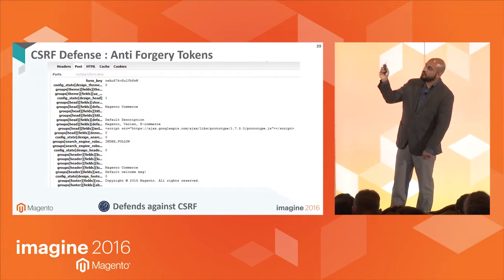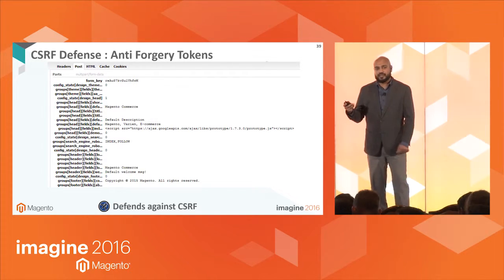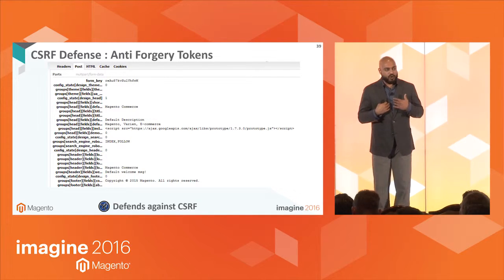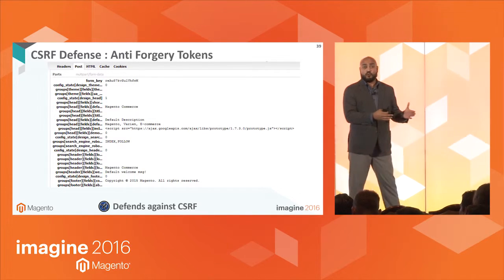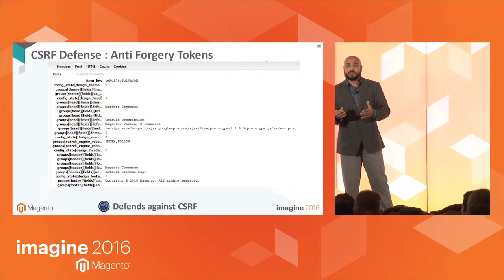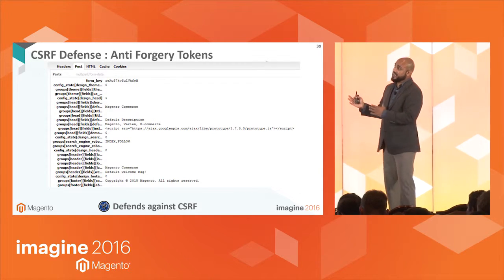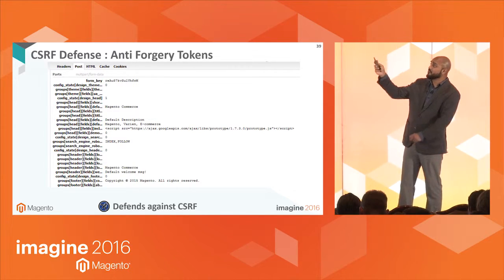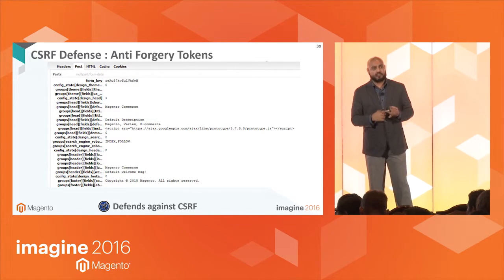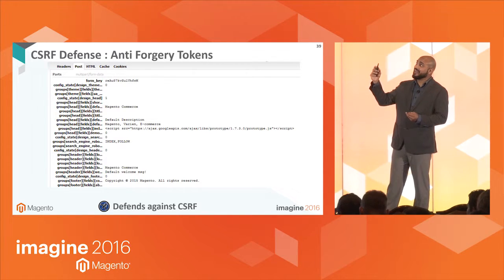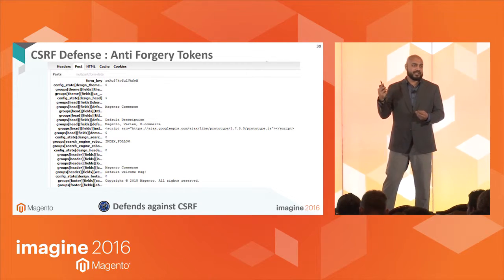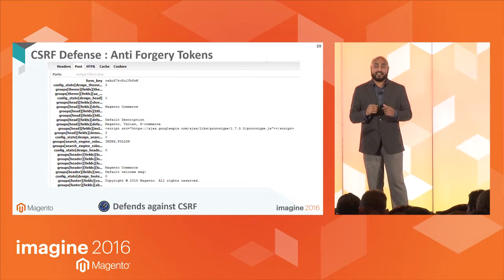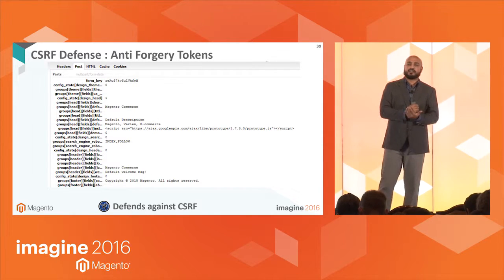And since this form key is unique per session, the attacker does not know what an authenticated user's form key actually is. So they'll be able to fake a post to the server, but the server's going to refuse it because the form key is either wrong or missing. And using the anti-forgery tokens in Magento templates is your one and only standard defense that you could really lock down CSRF attacks.